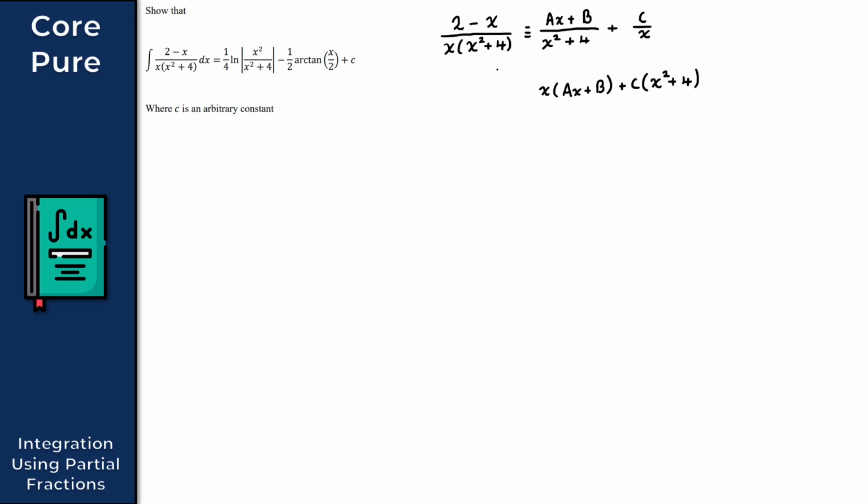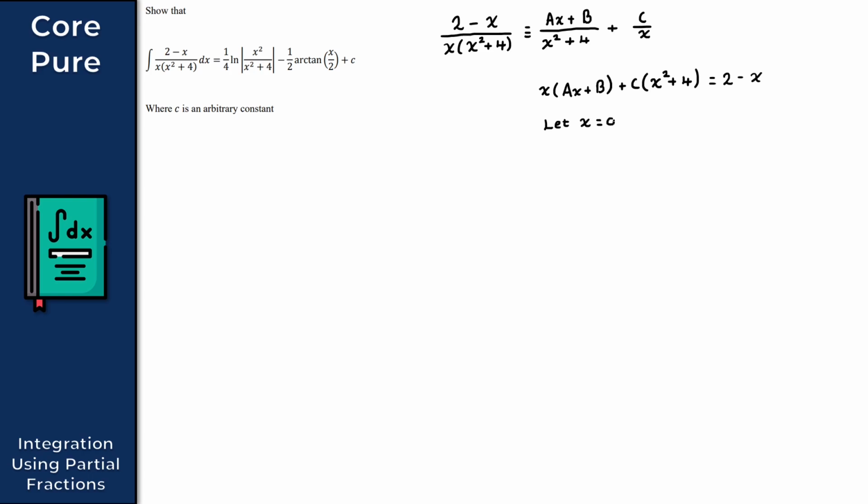So what that means then, given that the denominator of the left-hand side is equal to the denominator of the right-hand side, in that case then, the numerators must also be equal here. So this expression here is equal to 2 minus x, right? That's just the numerator of the left-hand side. So what we now need to do here is find the value of a, b, and c. So to get us started then, if I let x equal 0 here,